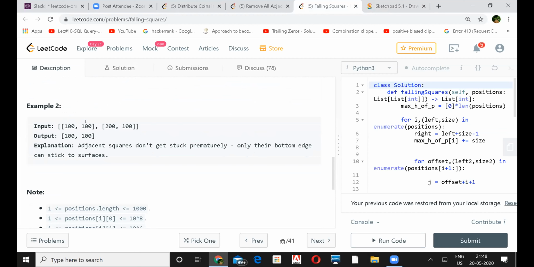If you go here, 100, 100, and next is starting from 200. So first will be 100, and this height also will be 100. They will not intersect, I mean these two, because your second square is starting from 200. I think it will intersect, because 100 to 200 the first square will go, and from 200 only the second square is starting.